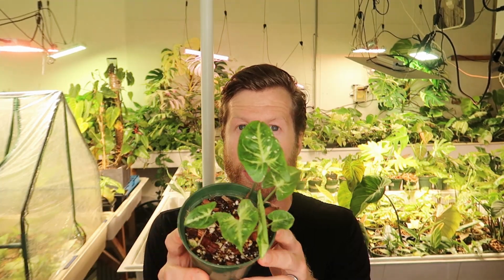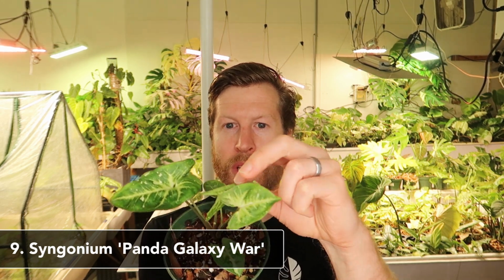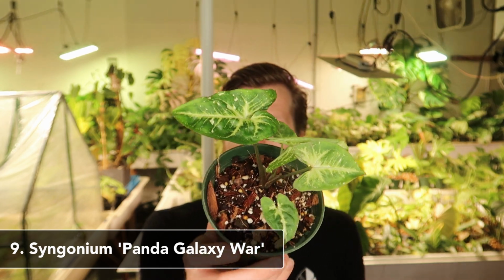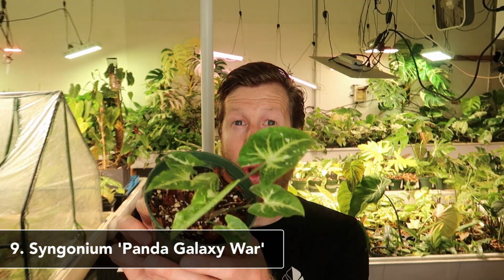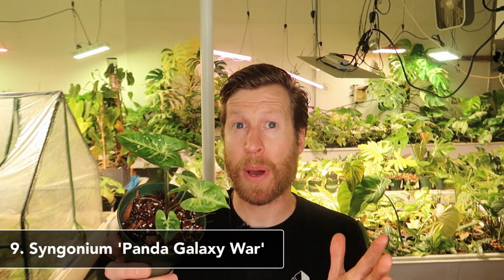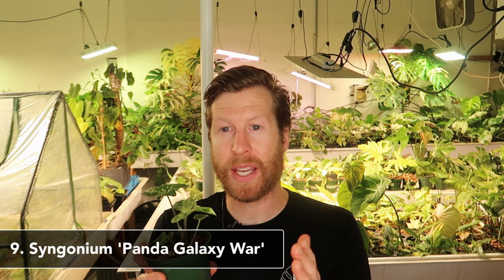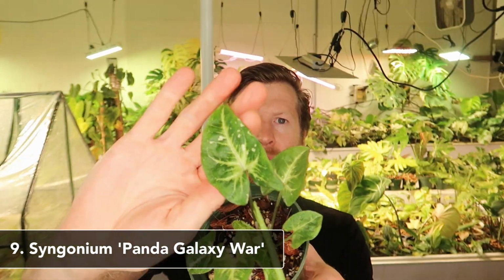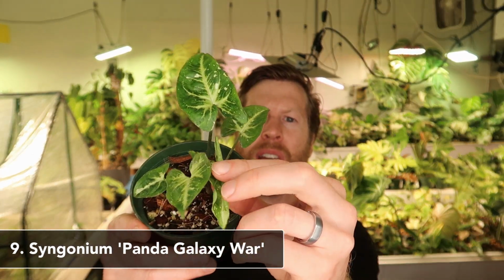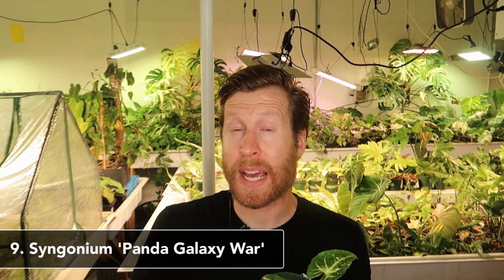And another Syngonium making the list and holding its value for the last few years. This is the Syngonium Panda Galaxy War. I really adore this plant. It's probably my favorite Syngonium just because it's so unique, and its variegation patterns really vary from the same mother plant depending on where you take the cutting. It will have kind of chill, mellow variegation like that, but this new leaf that's coming out has that Galaxy War inside of it,